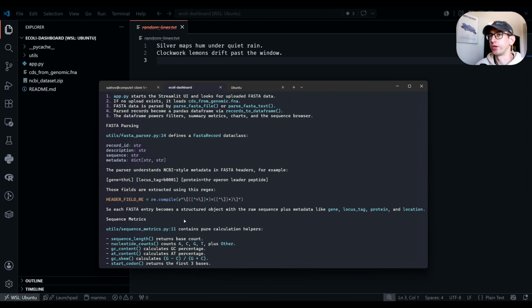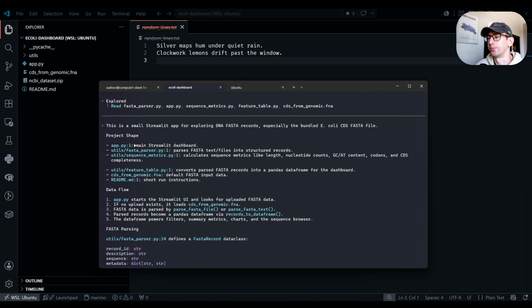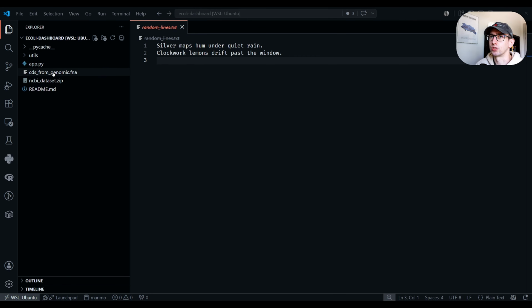It's done, and now we can go over this report. So basically it's saying that this is a small Streamlit app. Streamlit is a package in Python that allows you to create interactive dashboards, and this particular application is implemented for exploring DNA FASTA records. If you don't know what a FASTA file is, we can open it,